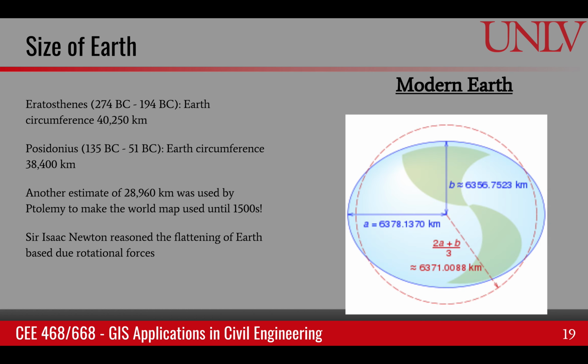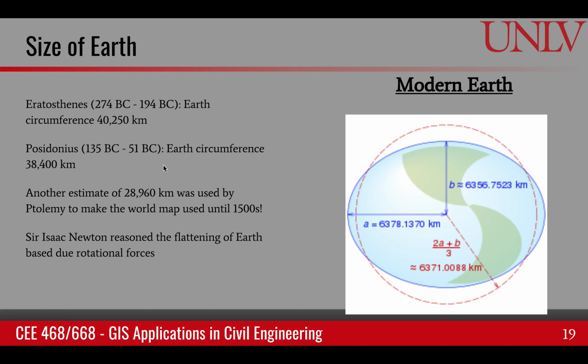Now, the oldest understanding of the size of the Earth was done by Eratosthenes, just a few hundred years before Christ, and he was able to measure the circumference of the Earth pretty accurately, 40,250 kilometers. This was an experiment done in Egypt, in Alexandria and another town close by. You should read the corresponding text in the book to learn how this measurement was done. And later on, this was improved by